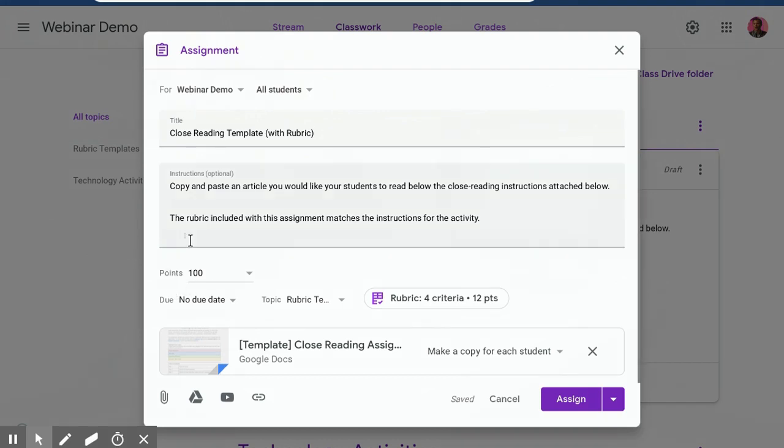So this point value is not connected to the rubric point value. It's weird because I can have an assignment worth 100 points and a rubric that's only worth 12 points. To avoid this confusing issue, there are 2 options. You could change the point value back to 12 so that it matches, or if you just make the